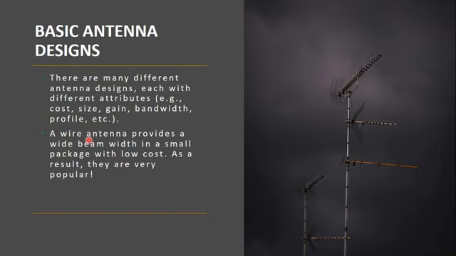It is nothing but a small piece of wire. Any wire that is capable of radiating, we can call a wire antenna. A wire is very easy to construct and also the cost is less. And one more thing is the wire is capable of radiating in all directions. So a wire antenna is a very low cost and popular antenna.